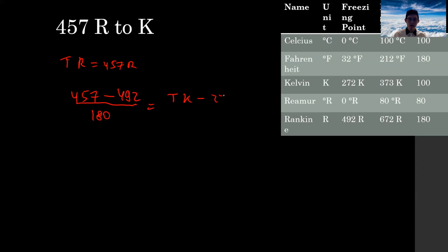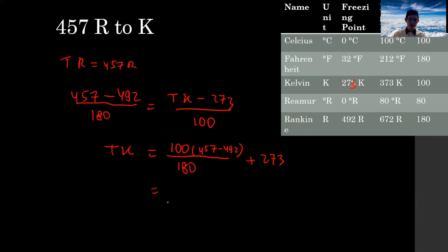equals temperature in Kelvin minus 273. Sorry, that's a typo. 273 per 100. So temperature of Kelvin, you can write it as 100 divided by 180 multiplied by 457 minus 492 plus 273, which is equal to 100 times 457 minus 492 divided by 180 plus 273. So you should get the answer 253.55